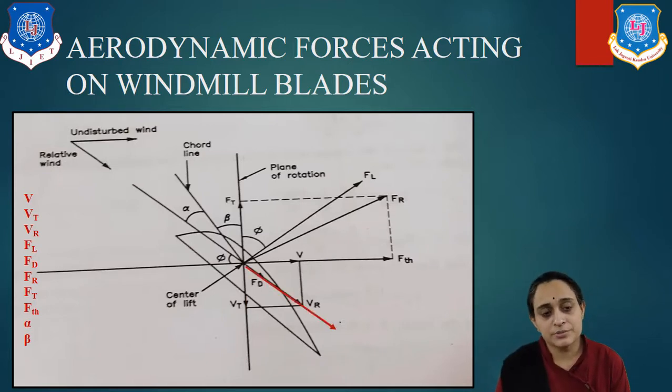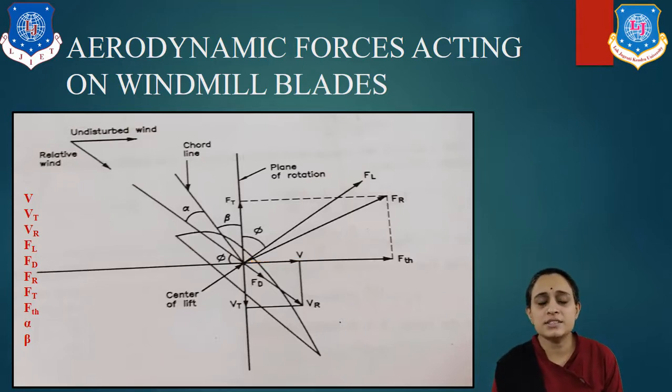Okay, so here let us consider this V as an impinging wind velocity. Now the lift force. So what is the lift force? It is Fl, as you see in this diagram. Fl is perpendicular to the resultant velocity Vr. And finally we get the drag force, known as Fd, which is parallel to Vd. Clear? So this is our diagram.